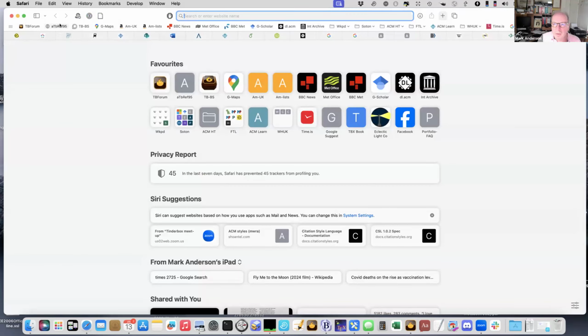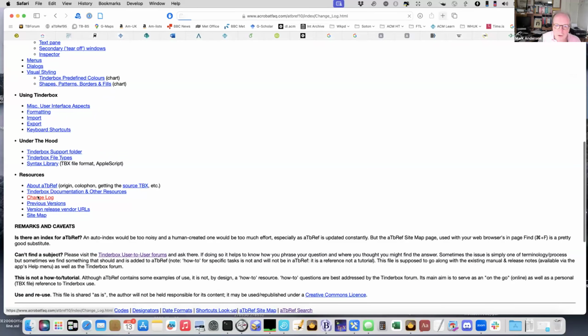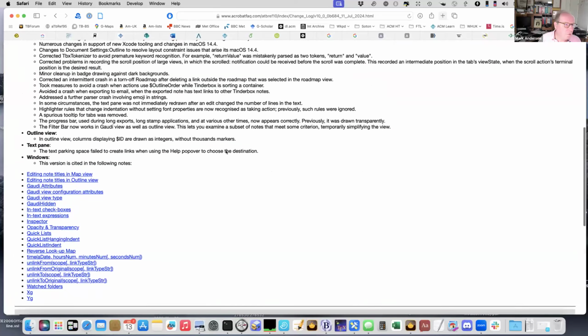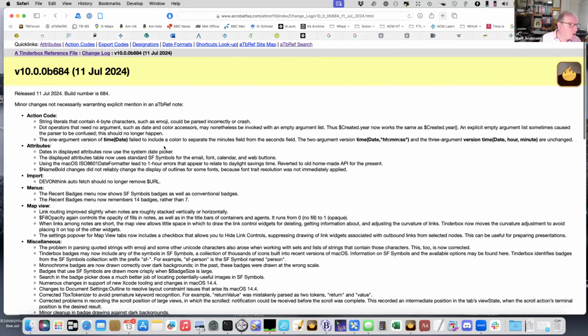Tinderbox 10, bear with me a second, is probably most easily found if you go into ATBRF, go to the changelog, and it's all linked. It's all linked here, so you can have a wander through this. Bill, you've got a hand up, sir. Yeah,